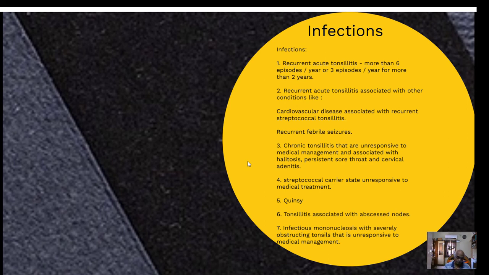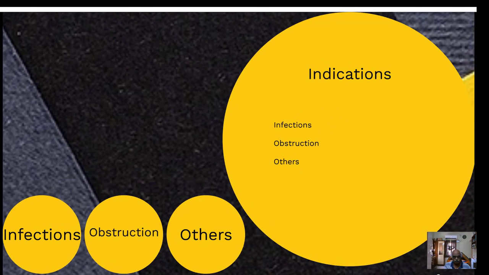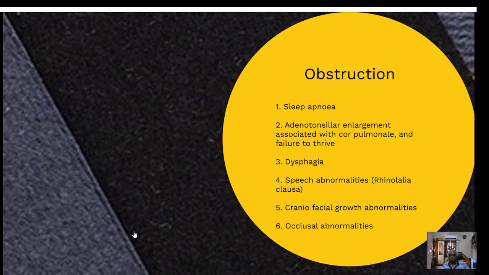when you remove tonsil alone, adenoid will undergo compensatory hypertrophy. So it is always better in children to do adenoidectomy and tonsillectomy in unison rather than tonsillectomy alone. What are the causes of obstruction which will provoke you to do a tonsillectomy? One is sleep apnea, then adenotonsillar enlargement associated with